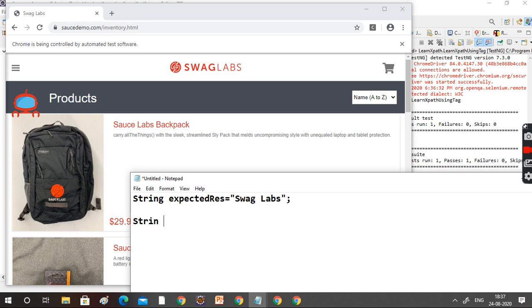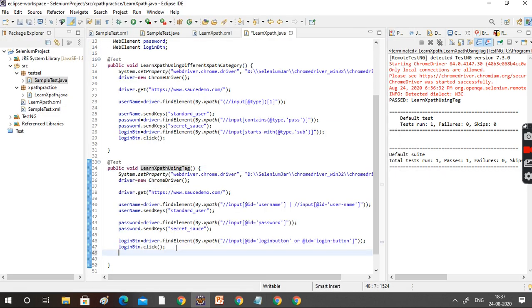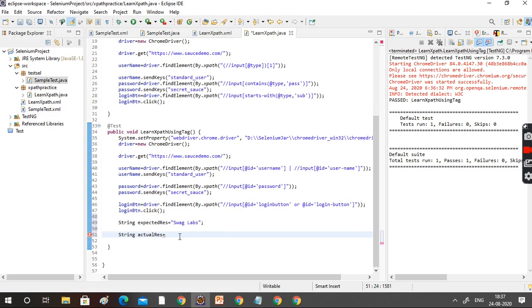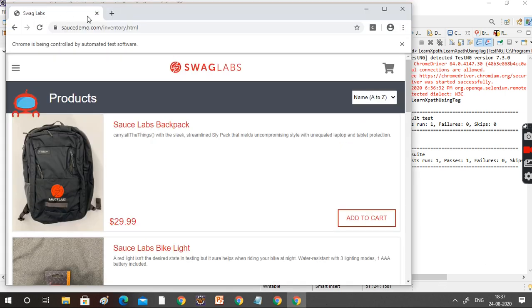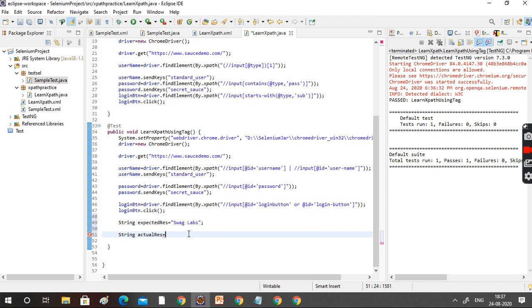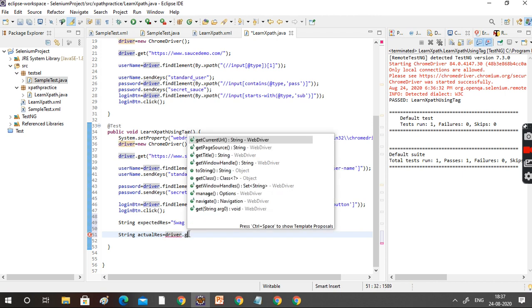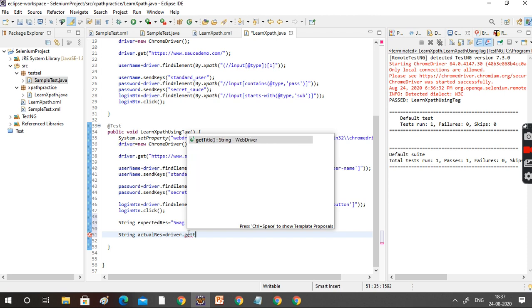It is the actual result string. Let's paste it here. Actual result means I want to get the title of this page. We can get the title from the driver with the help of driver.getTitle.